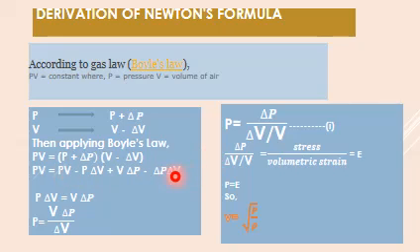So if the right hand side of this equation number 1 is equal to E, we can write P is equal to E. Instead of writing the modulus of elasticity, we write pressure in that initial equation. So the equation becomes V is equal to under root P upon rho.